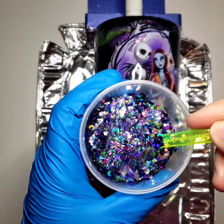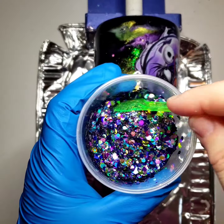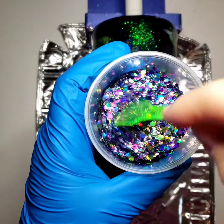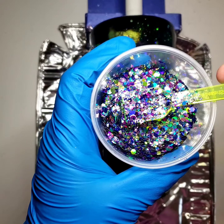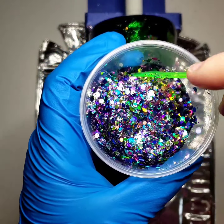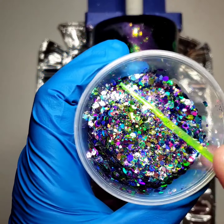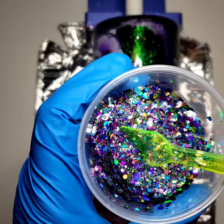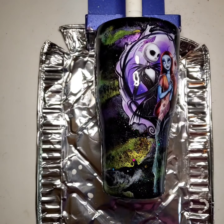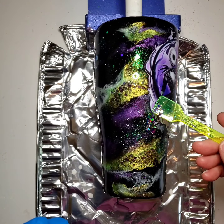And it has some really gorgeous colors. I really liked the purple and the green in there. So I'm going to do ever so slightly, I mean, literally I'm going to take just a tiny bit and just kind of